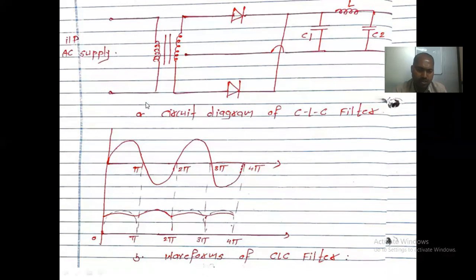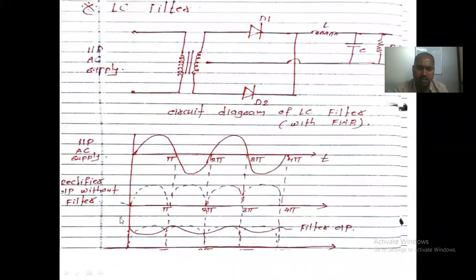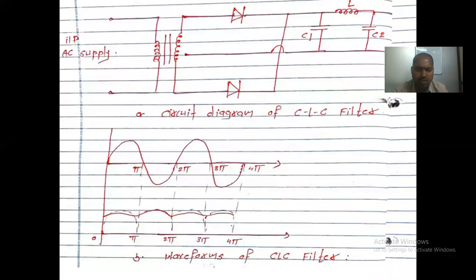So that's why, see here, we have already seen the diagram of LC. It contains a large amount of noise. This is the output coming across your LC type of filter. It indicates a large amount of noise, but in the case of the pi type of filter, there should be a smaller amount of noise coming out at your output. So when we use the pi type of filter, we get less noise. This is the advantage of the pi type of filter.